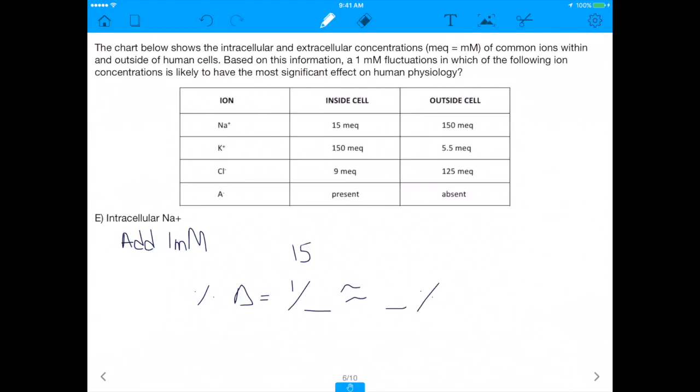Last but not least, we're going to hit the intracellular sodium. So the intracellular sodium, we're going to add 1 millimolar to it. And remember, the initial is 15, right? The initial is 15, and we're changing it to 16. We're going to change it by 1 millimolar. So the overall percent change is going to be the amount we changed it by, which is 1, over the initial value, which is 15. And 1 over 15